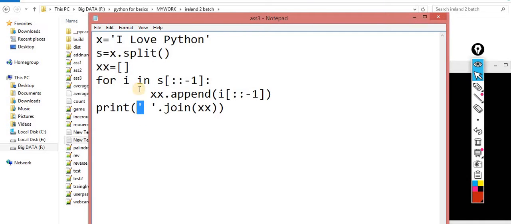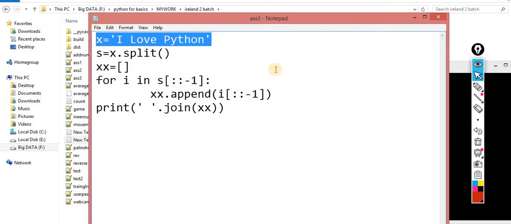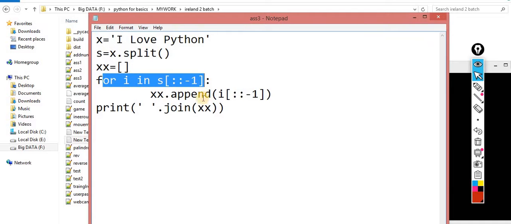But this is another way. With the help of this way, you are supposed to perform this activity as well. So the choice is yours. Whatever you feel convenient, you can do. But this way will improve your logic a little. Sometimes it's a hard requirement, you have to perform this type of logic. So you have an idea now. At that time you are getting the data from somewhere. This time the data is static, but you can fetch the data from files as well. So whenever you are fetching data from a file, you have to perform this.